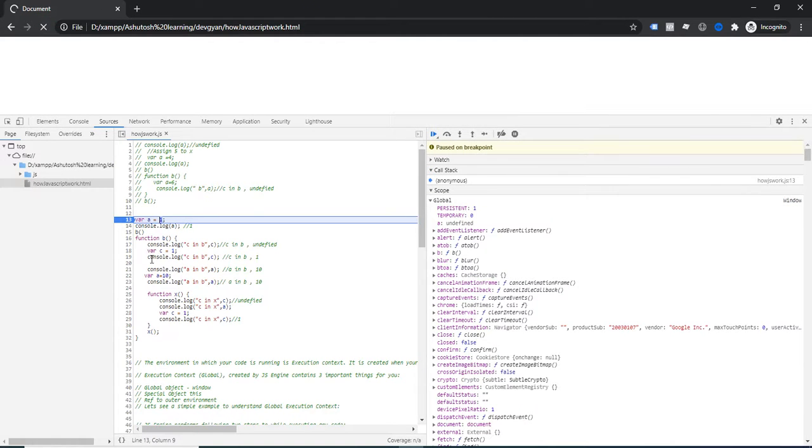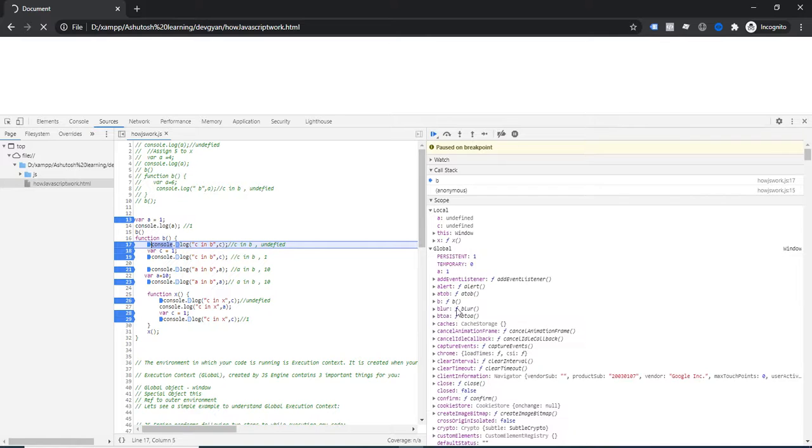I am going to set some breakpoints. At line number 17 I am breaking, at line number 18 I am breaking, at 19 here I am breaking, and within function X I am breaking. Now I am resuming the script execution. You can notice that the global object is created, and within that object the initial value of a is present as 1,